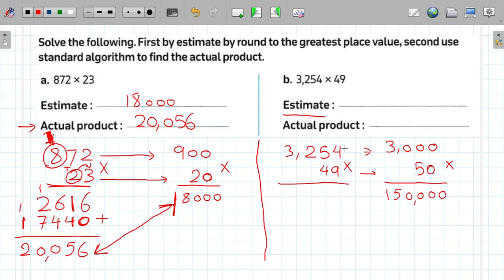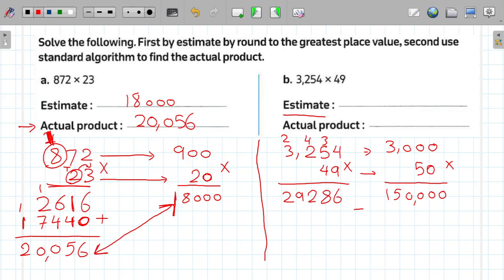So I have 9 times 4 is 36, so I will write 6 and carry up 3. 9 times 5 equals 45, and 45 plus 3 equals 48, so I will write 8 and carry up 4. 9 times 2 equals 18, and 18 plus 4 equals 22, so I will write 2 and carry up 2. Next I have 9 times 3 equals 27, and 27 plus 2 equals 29, so I will write